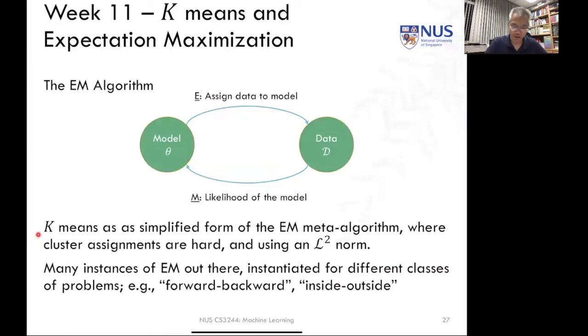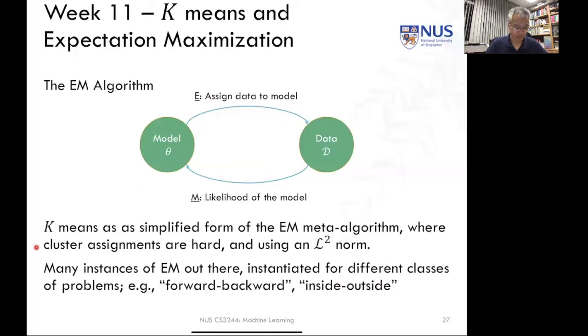And we can do this by using an L2 distance norm. We also looked at the soft GMM method, which is the opposite, in which we use assignments that are soft and using a data likelihood as the norm, as the similarity function which we're going to use to assign